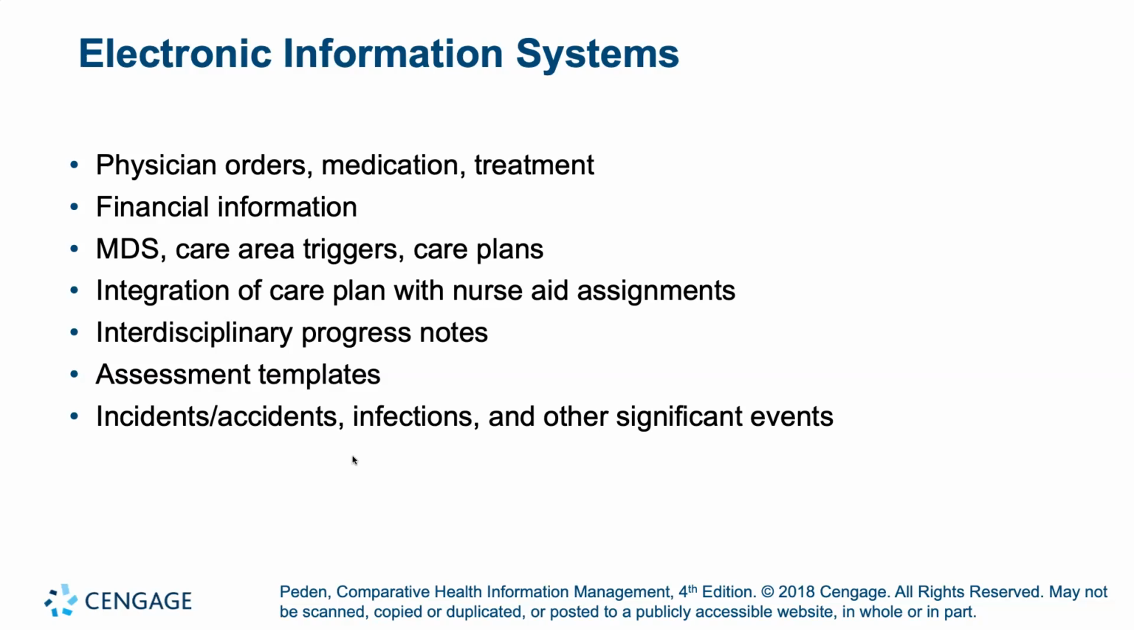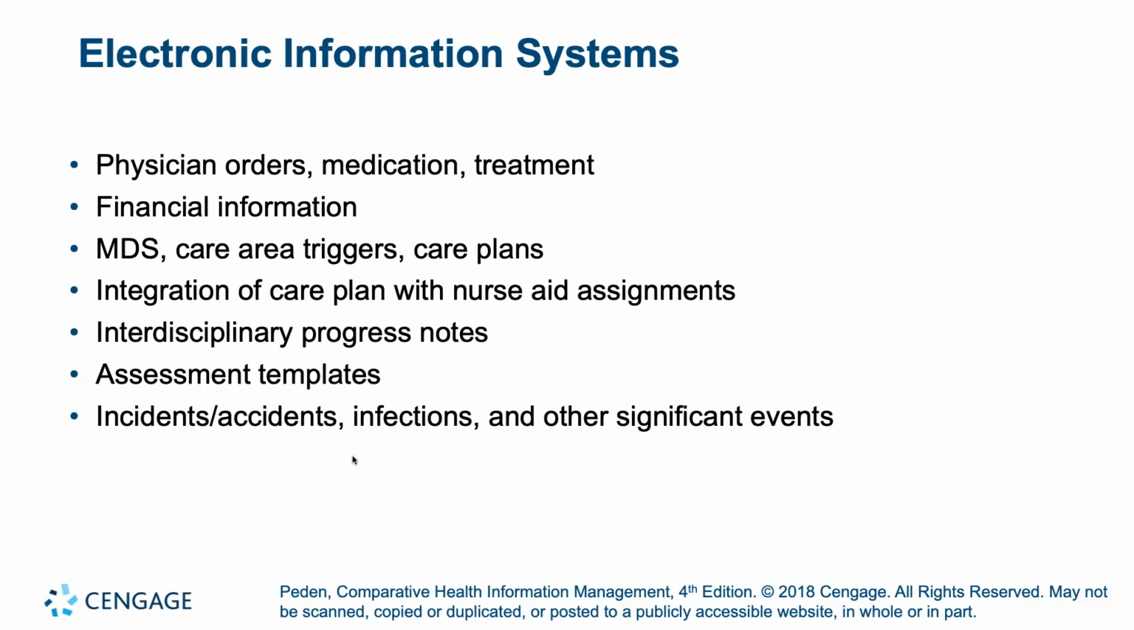So what kinds of things can be electronic? Physician orders, medication management, treatment notes, financial information like the demographic, insurance, all that kind of stuff. The MDS is absolutely electronic these days. Care area triggers and care plans may be electronic. The integration of care plan between nursing and nurse's aide for assignments may be electronic. Interdisciplinary progress notes. You think about the dietitian seeing the patient, you think about the physical therapist, occupational therapist, speech language pathologist, maybe even,